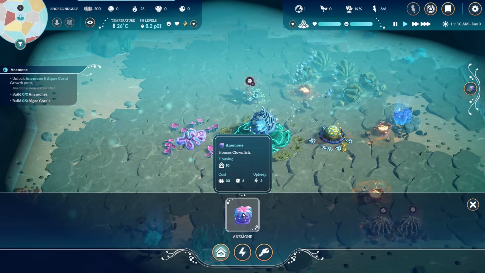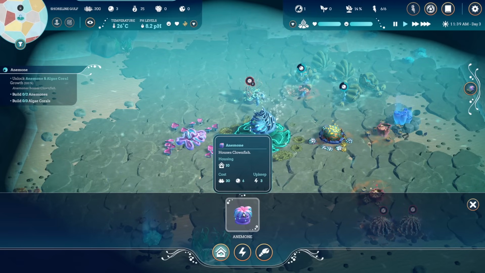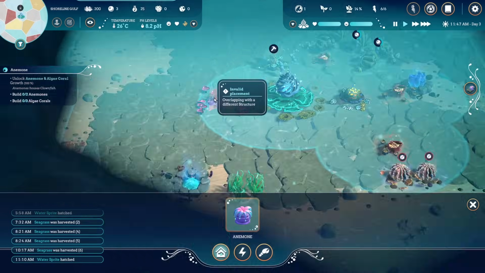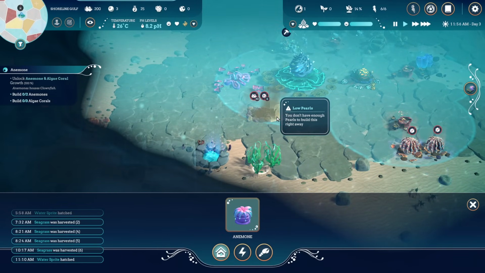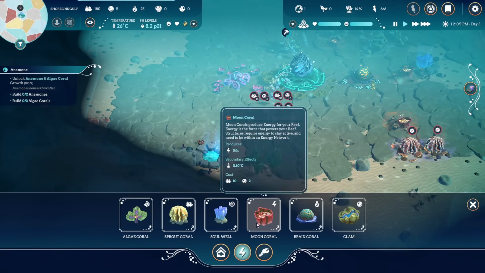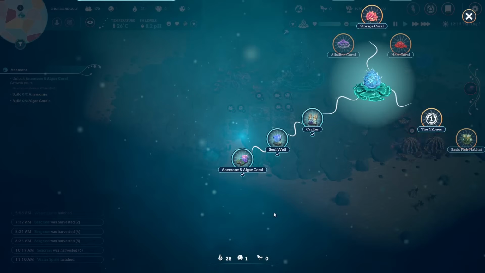Okay, so I can place an anemone now. Build 2 anemones, and 3 algae corals. Right, let's build them, like, here. 1, 2, 3. That is a huge investment, but it'll be worth it. We'll also nab ourselves a moon coral over there, and...